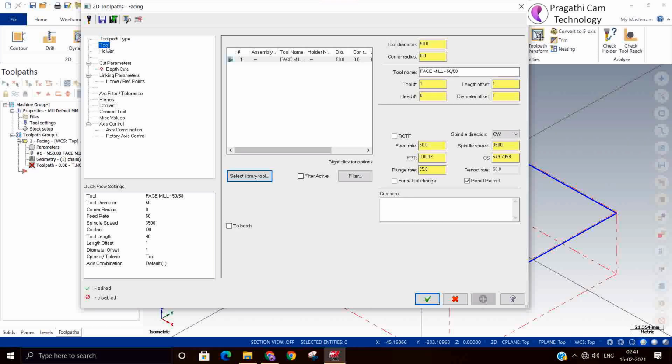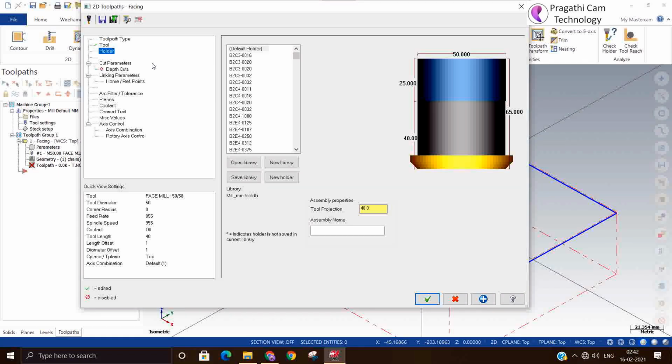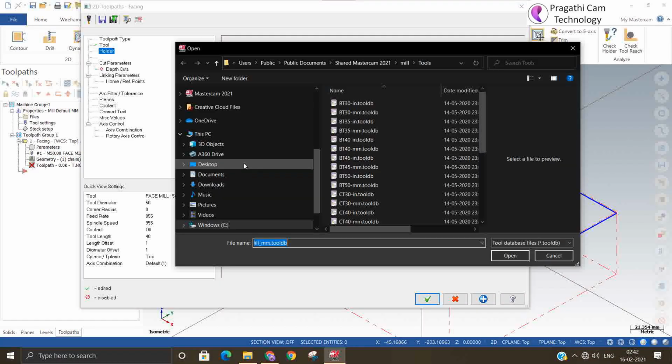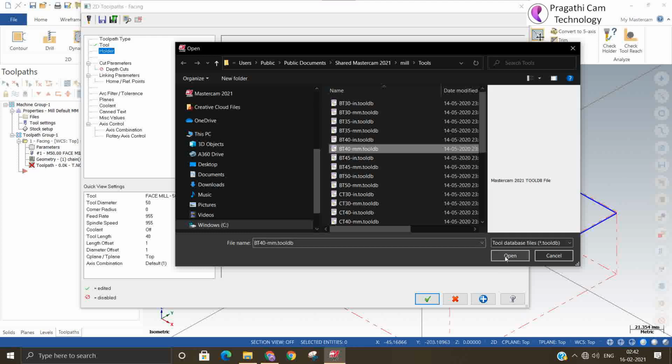So this is my toolpath window. This is one tool already; one standard tool is available, and I have taken the default cutting speed and spindle speed. If you want a holder, you can take it, otherwise you can select from the standard library. You can see the BT40 inch library and also the BT40 library is available.